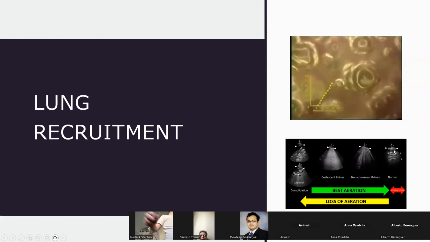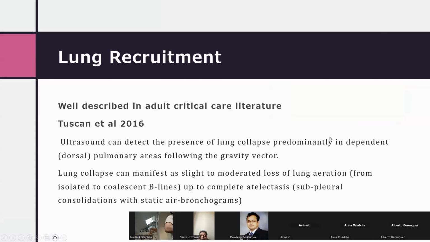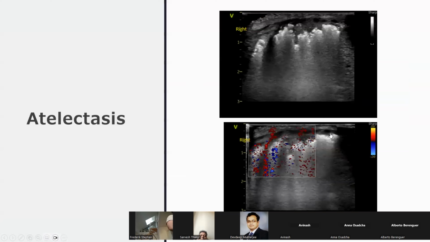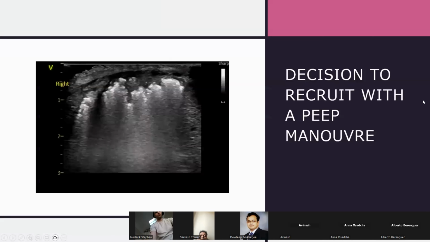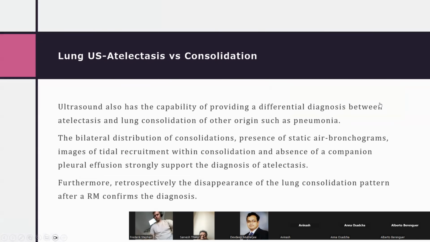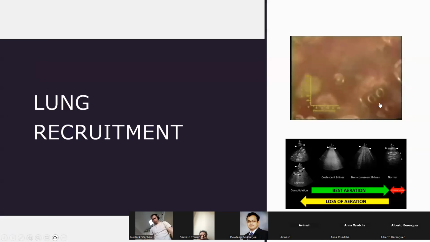On the other hand, this recruitment maneuver for a baby who has evolving stiff lungs with lung disease, like you see over here, might take time. And the question is, how quickly do I want to see this happen? And what I'd say is I don't have answers for this. It's individualized to each baby. But really, what is important is that you are monitoring your baby very closely while you're making any of these